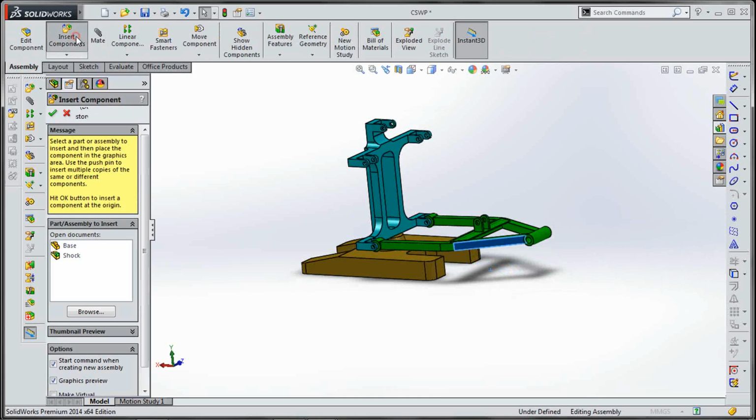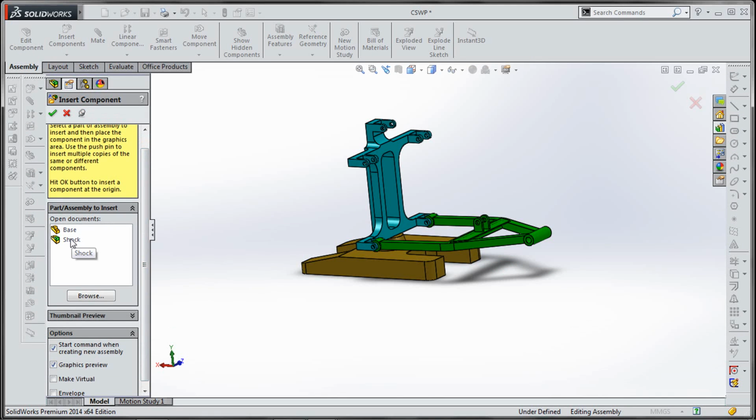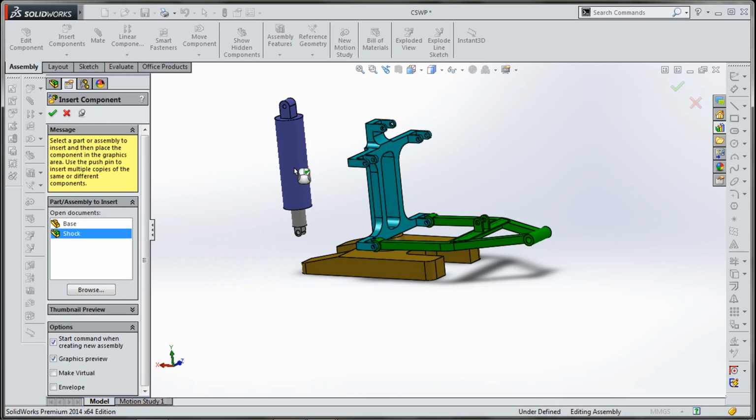Now go to Insert Components and pin this, because we will need more components.